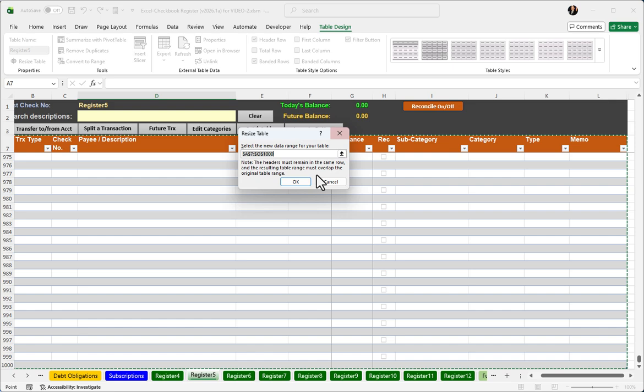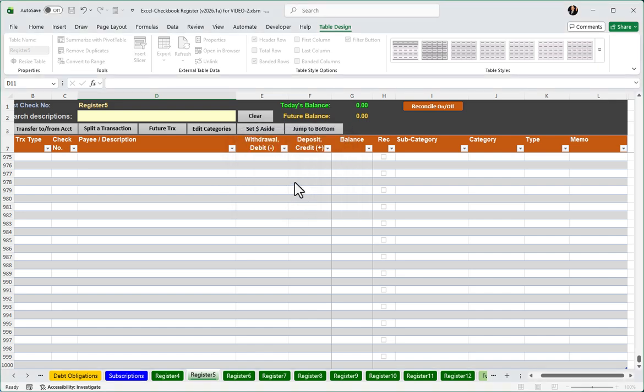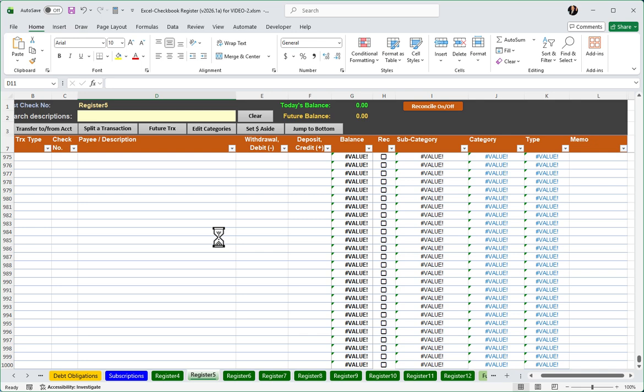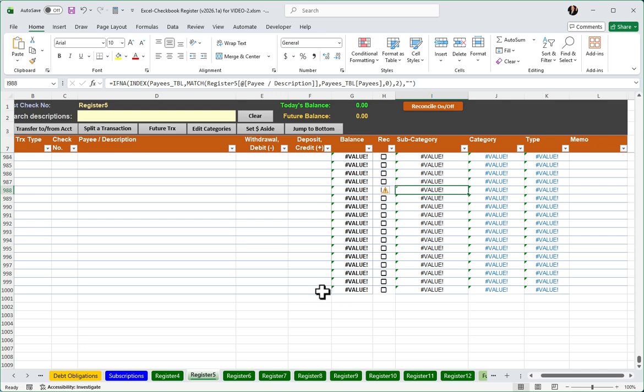So one of the tactics that we could do is just dramatically reduce the number of rows in any unused register. Because again, we don't want to delete the register worksheet. It'll cause errors in the dashboard and reports. But if I get my cursor here at the end, let's say we just make it 10 rows of registers, what you'll suddenly see is all of these errors from the formulas that used to be here that are no longer functioning. And so what I would then do next is I would recommend clicking your mouse on